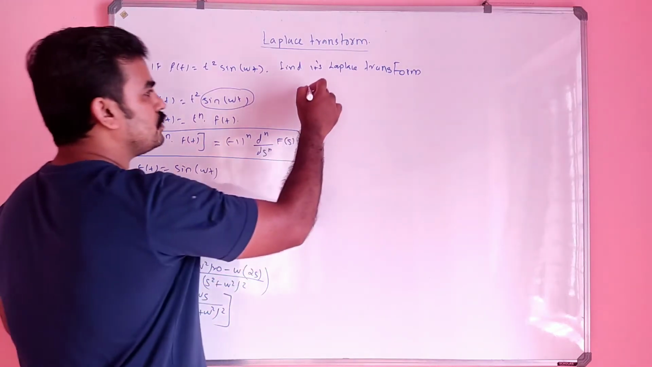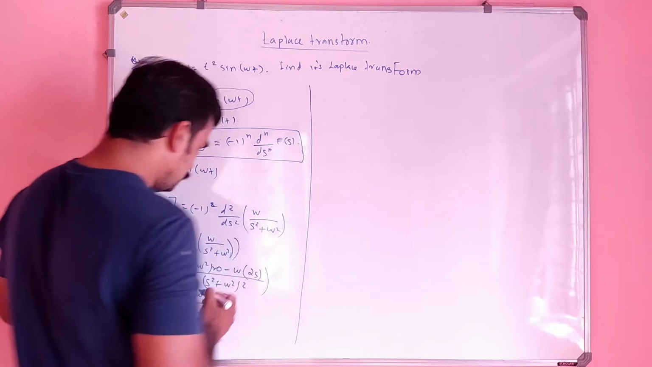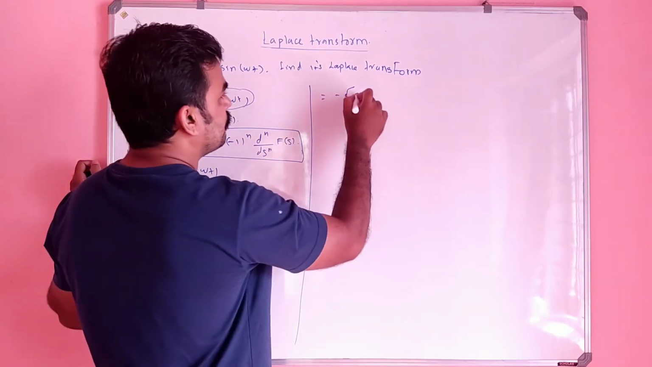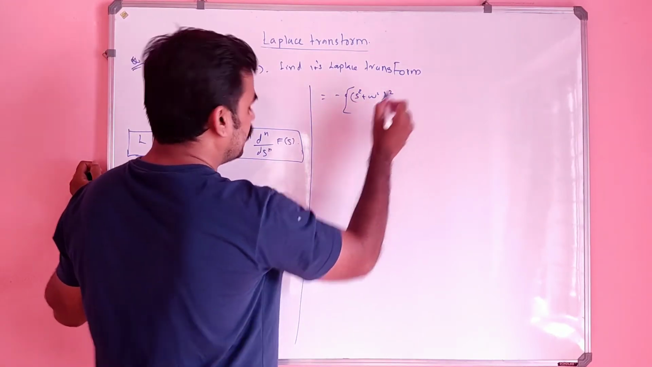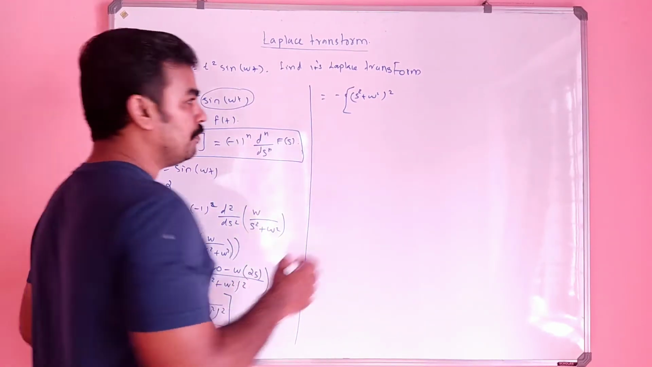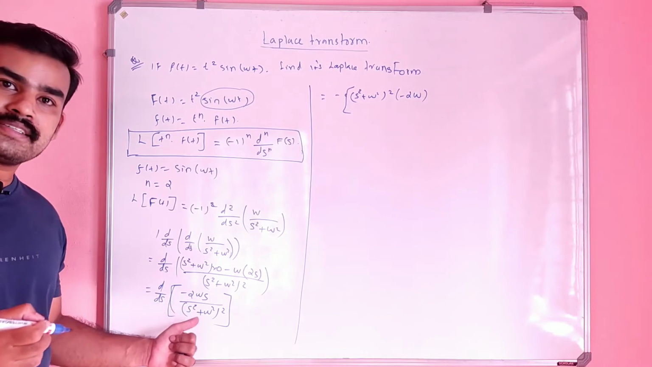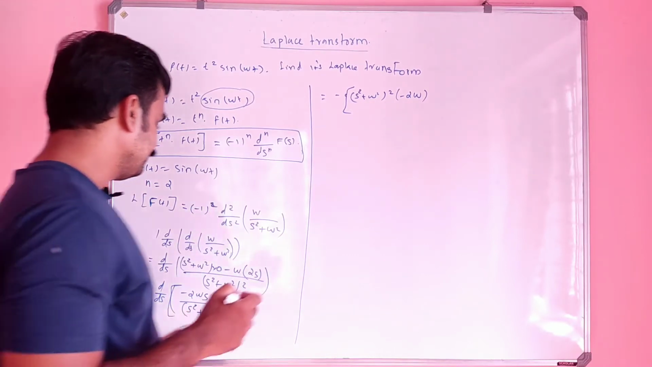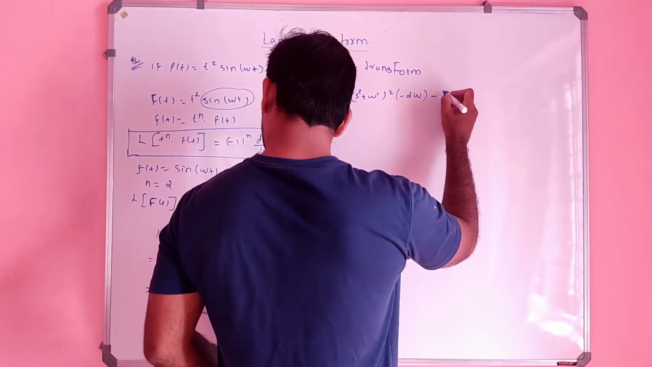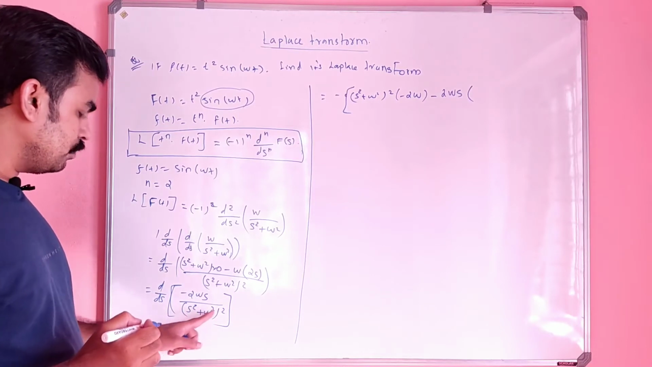Correct? Again you have to differentiate once more. Again denominator, with the minus taken outside: minus of s square plus omega square the whole square into d by ds of numerator, which is minus 2 omega, minus numerator, 2 omega s, into d by ds of denominator, which is